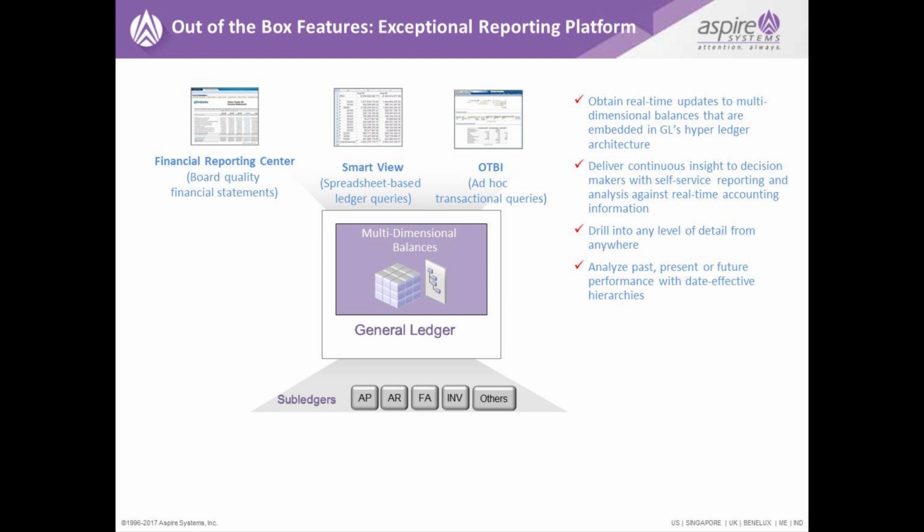These are the out-of-the-box features of Oracle Fusion. Financial Reporting Center provides the board-quality financial statements. Smart View helps business users to perform the financial analytics in the spreadsheet. The Fusion application is integrated with Microsoft Excel through Smart View. Oracle Transactional Business Intelligence, which is also called OTBI, helps the business users to perform ad hoc transactional